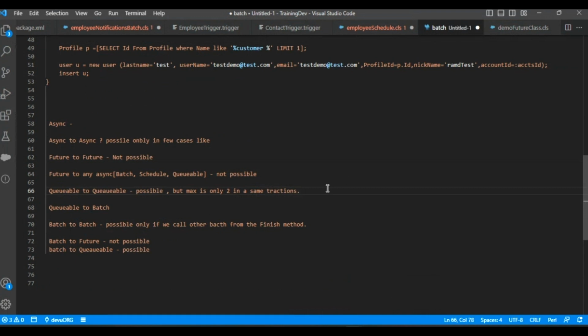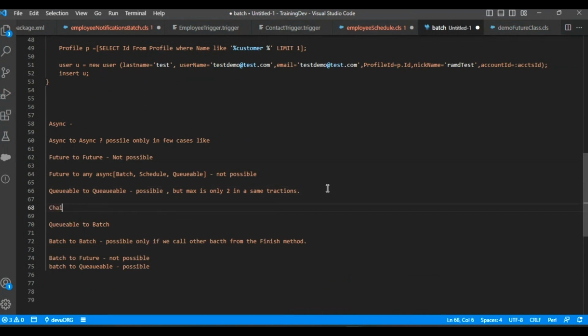But what you can do here is make the change: chain of one queuable to other queuable, which means in the execute method, execute of queuable, you can call other queuable. Okay, the two in the sense, if you have used it in the same execute method, you can't call more than two queuables,